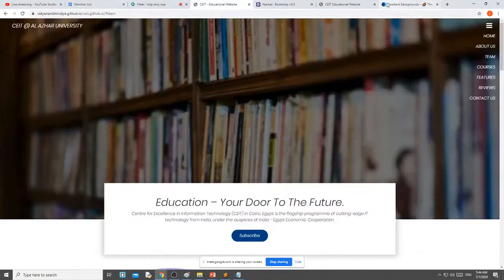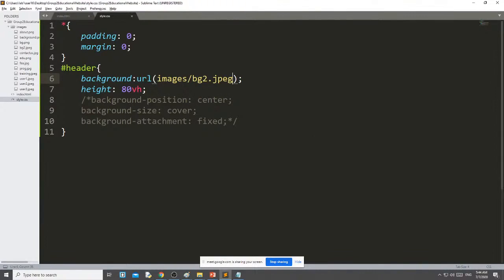Why does it come like this? Here it is coming like this and here it is coming like this, because this image is not big enough to fit this screen. That's why it comes multiple times. We can solve this by writing background position center, then background size cover and background attachment fixed.